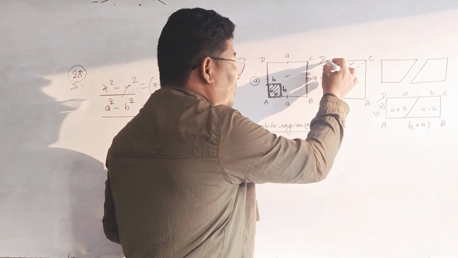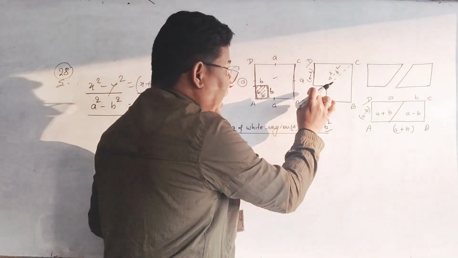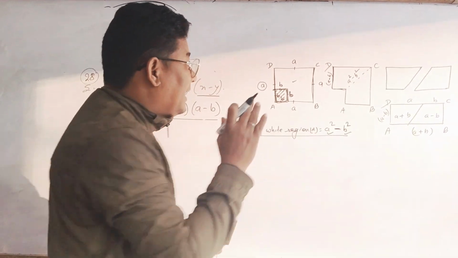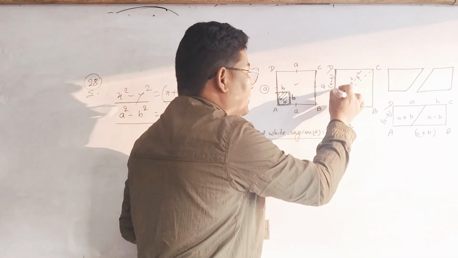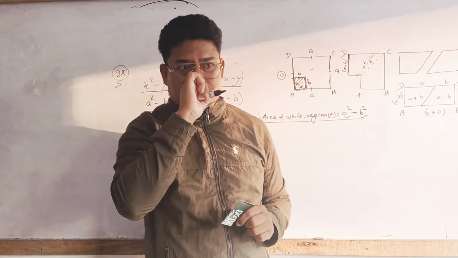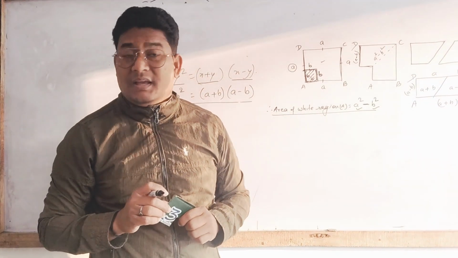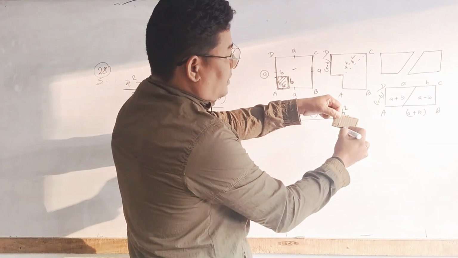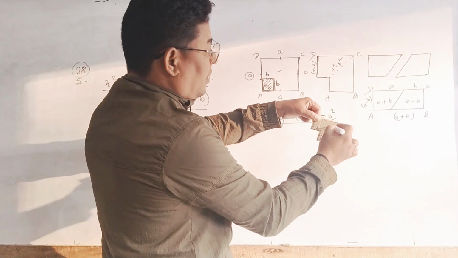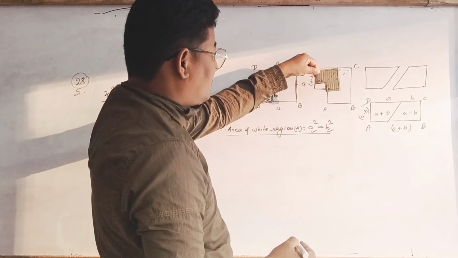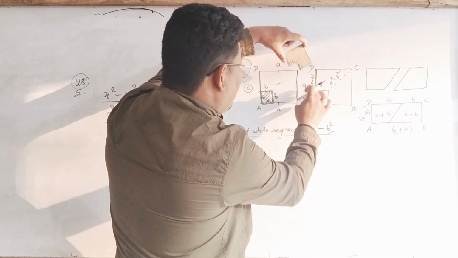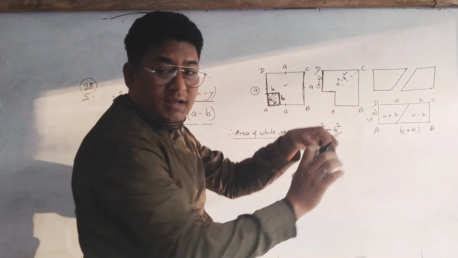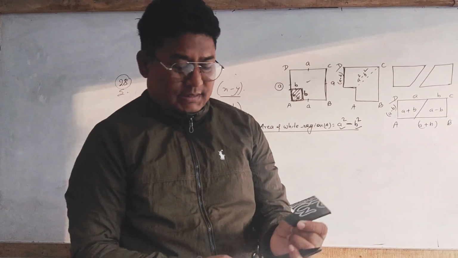What is the length of this now? Total is A, and this part you have cut, the B value you have cut. Means A minus B is the remaining length. From this corner to this corner, cut down and make it 2 pieces. You know which part it becomes? A minus B means this is A minus B. Clear? Now I am going to cut it.